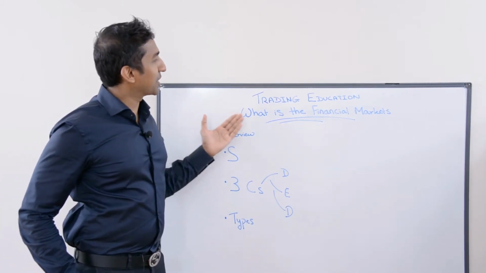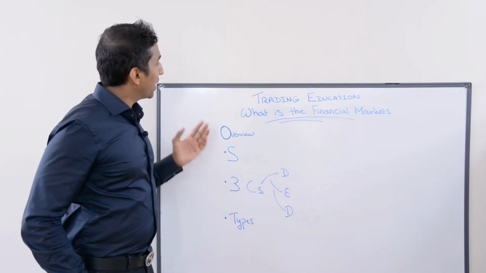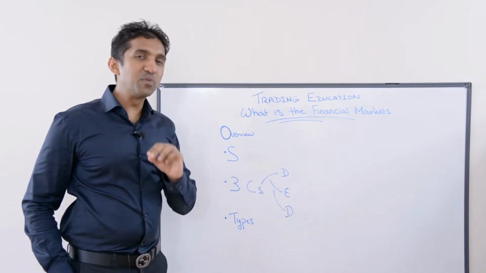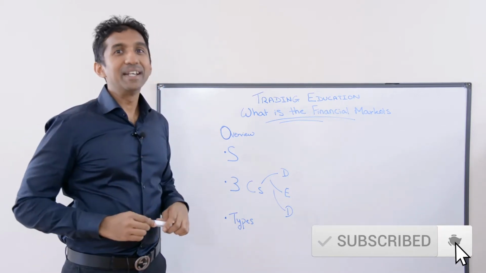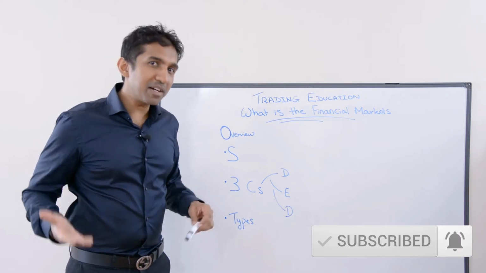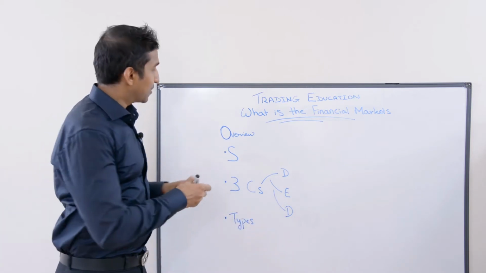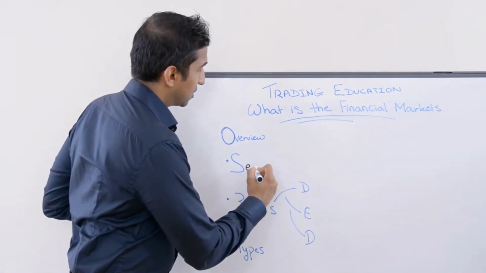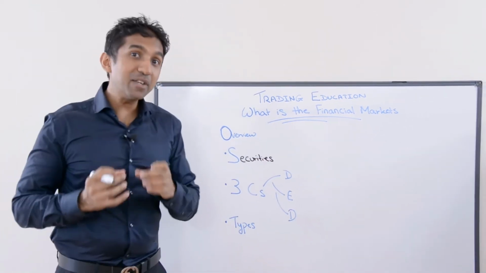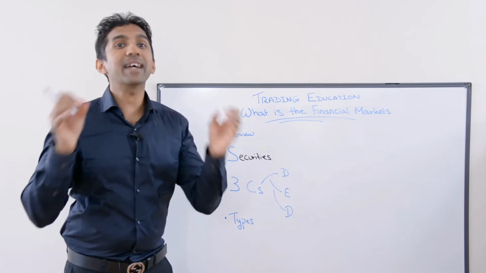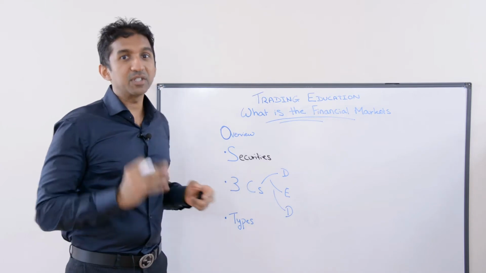And today's topic is going to be on what is the financial markets. Now the financial markets, just an overview of them in this video, because the next sub-modules we're going to go much more in detail. So the financial markets is any marketplace where securities are traded, okay? Now, securities, you may then ask, okay, Tiru, what is a security then? A security is any financially tradable asset, a financial tradable asset that can be then further categorized into three different